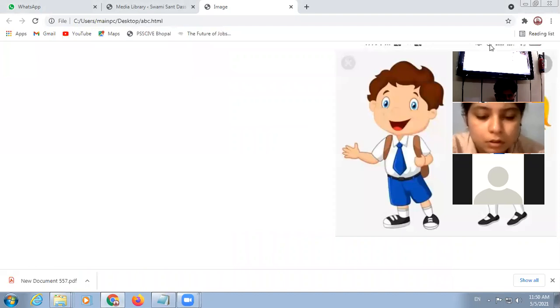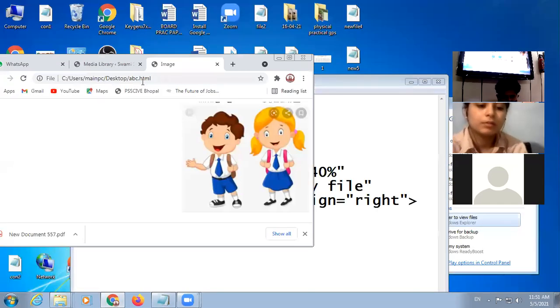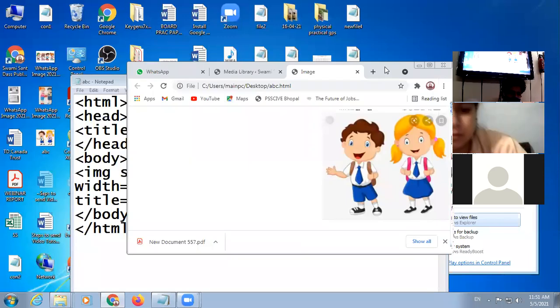So look at here. But also the title attribute is working here. Look at here, I place the mouse on the image. There is a message, this is new pic. Now I am copying some text in order to differentiate the different alignments.